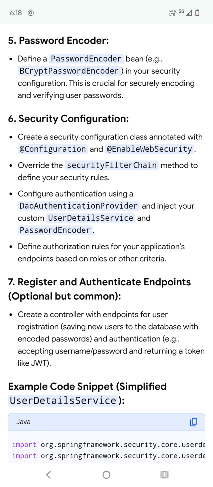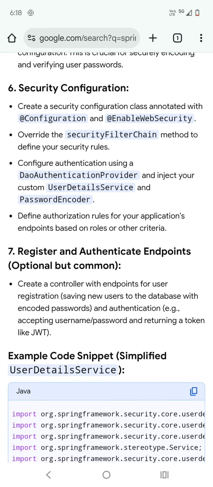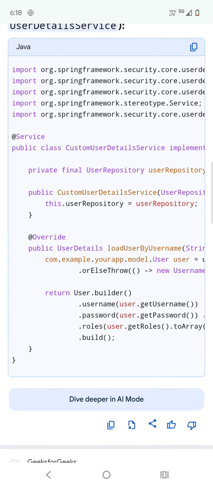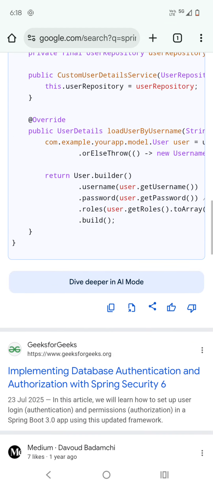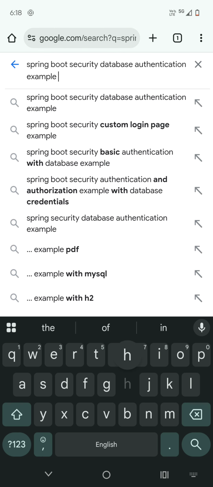We have seen this earlier, because we need to pass the object of user detail service inside the security filter chain. Okay, so here we are just seeing only the custom user details. So you can see here how